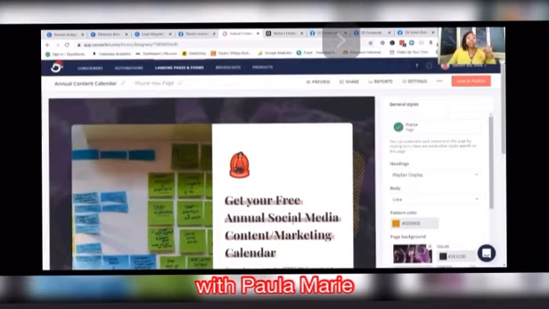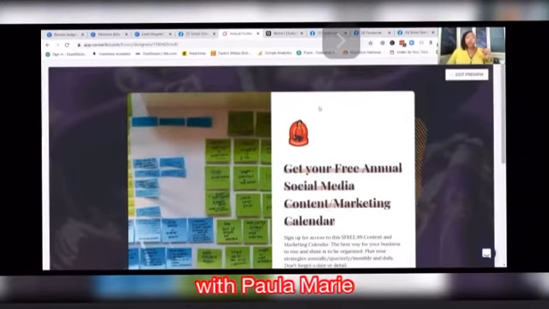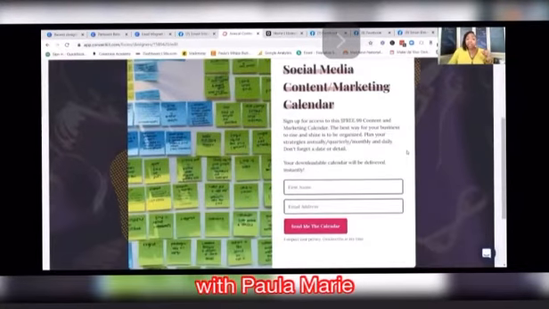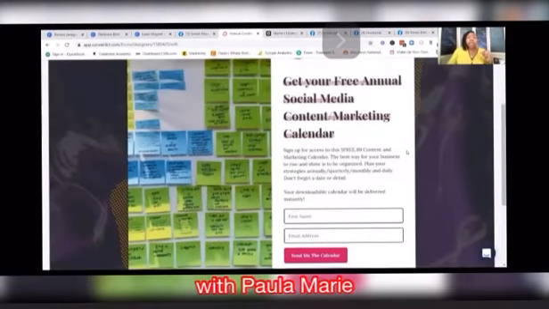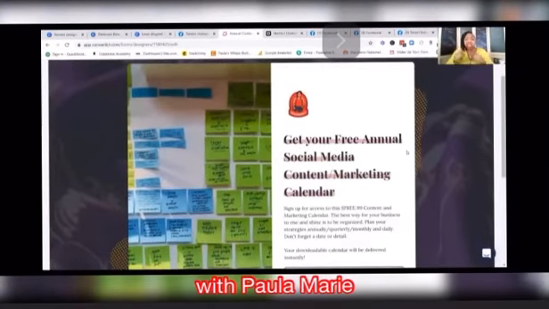So we're going to build an actual landing page really quick. I'm going to show you how quick it is. So let's preview this. When you click on the link live, this is what the calendar looks like. So pretty simple. And you want your landing page to be this simple, right? You want your landing page to